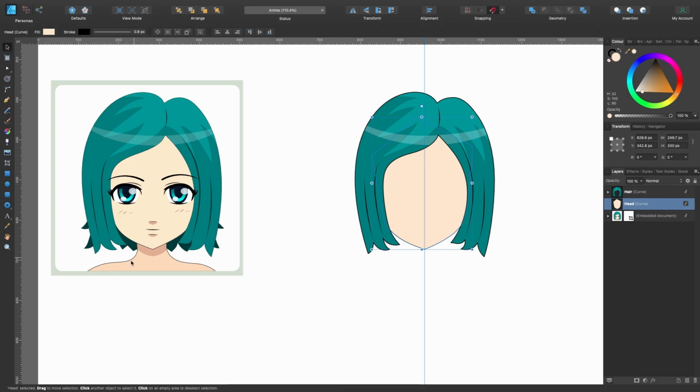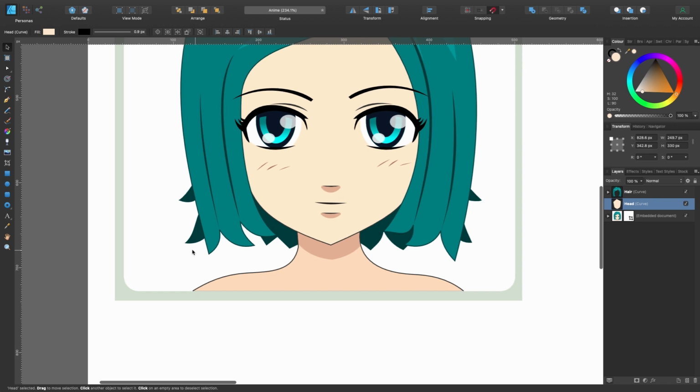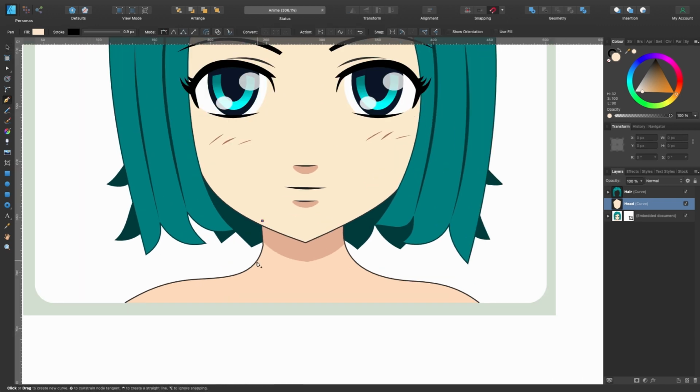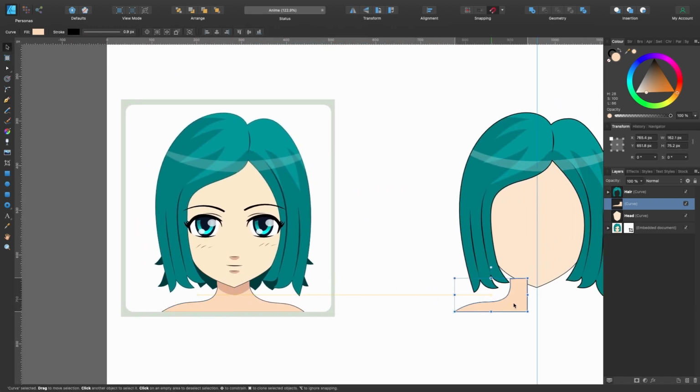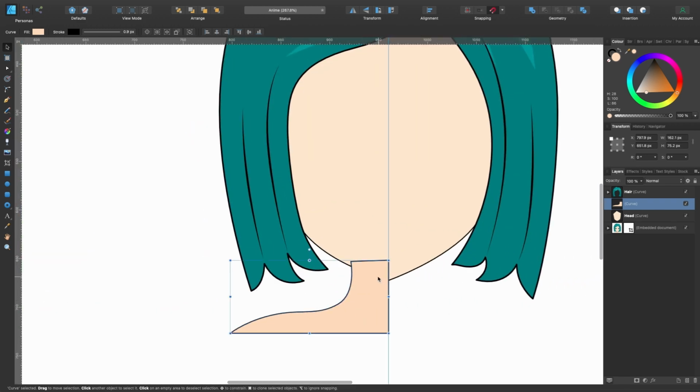Okay, let's quickly make the body, the neck and the shoulders here and add that little shadow in down there. So grab your pen tool, just start clicking and making it. Okay, so I've made that side. I will just meet it in the middle here like this. Let's grab the color picker tool here, click and drag down. So we want this color here, click on it, and then we have our color. Okay, so grab the move tool and just drag it off to the side here. And you see it's now in front of the face. We don't want that. So we can just drag that underneath the head in the layers panel.